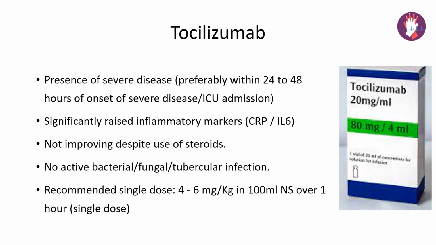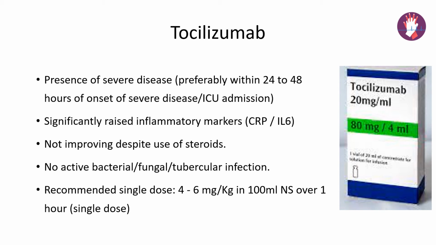Now, to talk about a drug which has been used widely in India, this is another immunomodulator where, if there is a presence of severe disease, and preferably in the early stages, so within 24 to 48 hours of the onset of severe disease or intensive care unit admission, and in the background of significantly raised inflammatory markers like CRP or IL-6, and the patient has been on steroid therapy and there is no significant improvement despite the use of steroids, and also making sure that there is no active bacterial, fungal or tubercular infection, you could use this highly